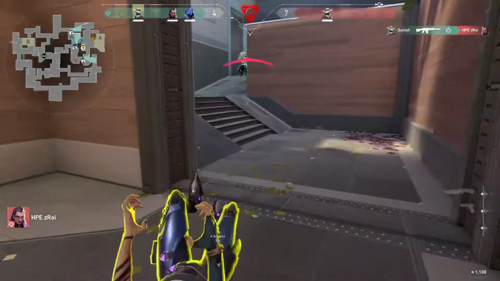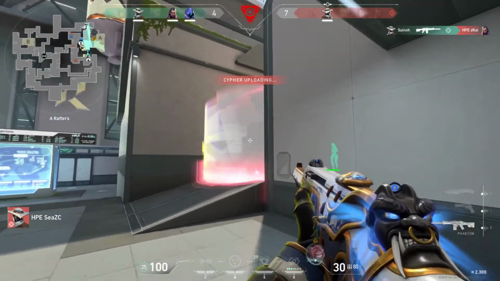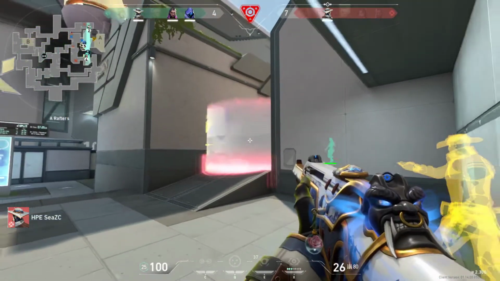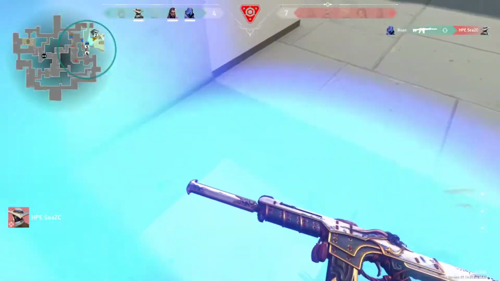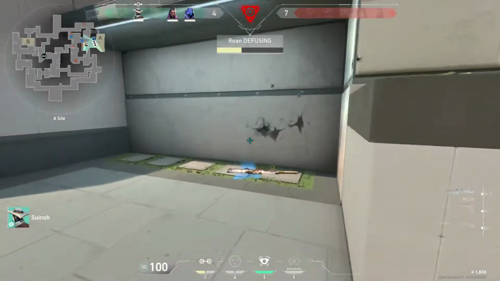Right is going to work towards mid, just misses the headshot by a centimetre. C's is going to get revealed by the Neural Theft. You know where he is. They're going to drop down, Rowan finding him. Nice and easy, and the bomb gets used. This